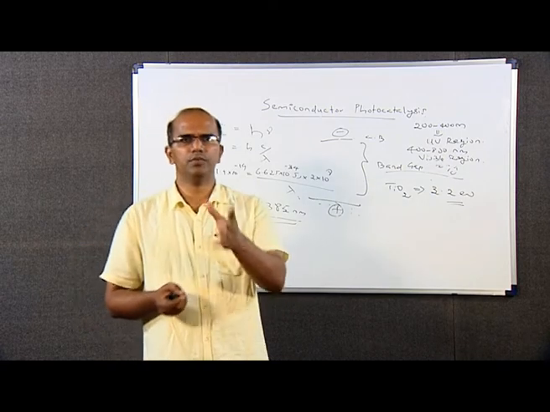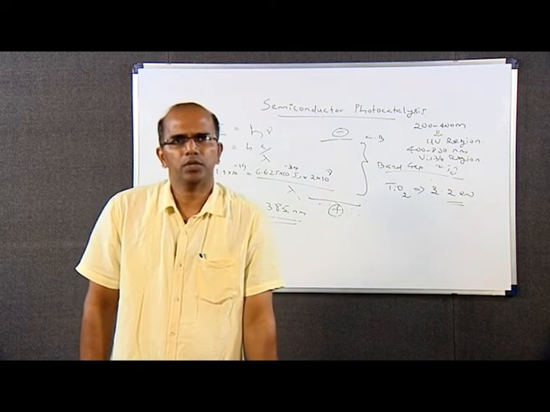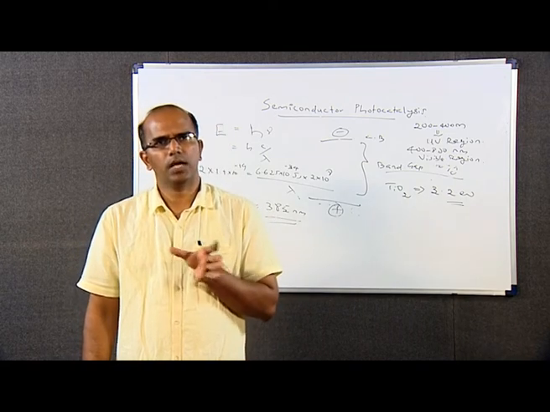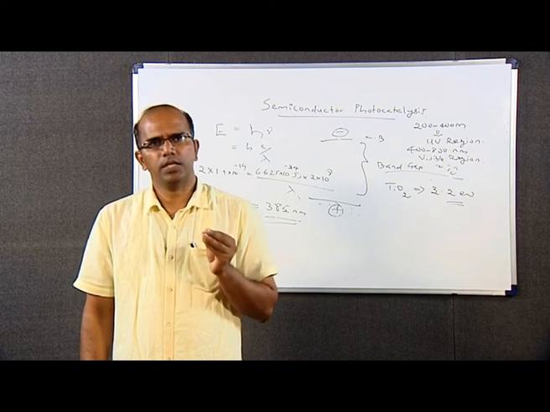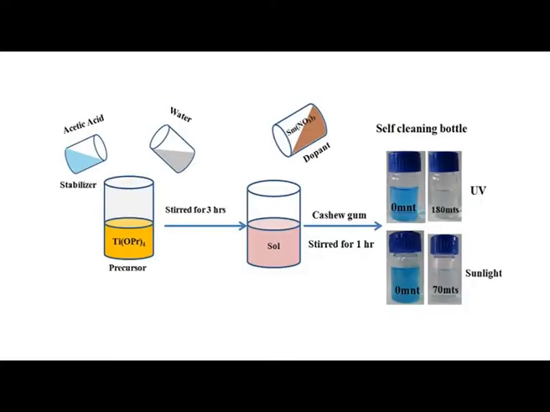applications. For example, if you look at the representative example here in the picture, we took 2 glass bottles, where the first bottle is uncoated with any semiconducting oxide, and the second bottle on the right side we coated with TiO2. So, the first one is uncoated and the second one is TiO2 coated, and we took the same amount of blue colored organic dye in both the bottles